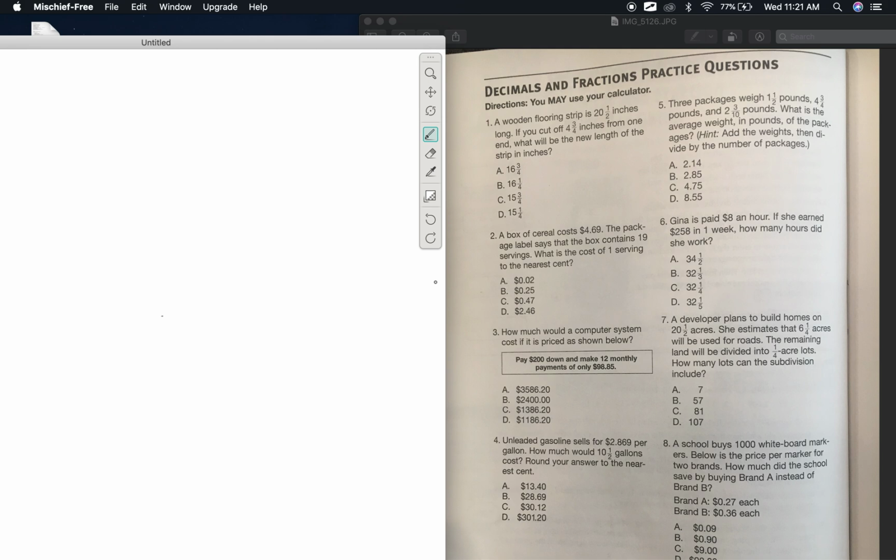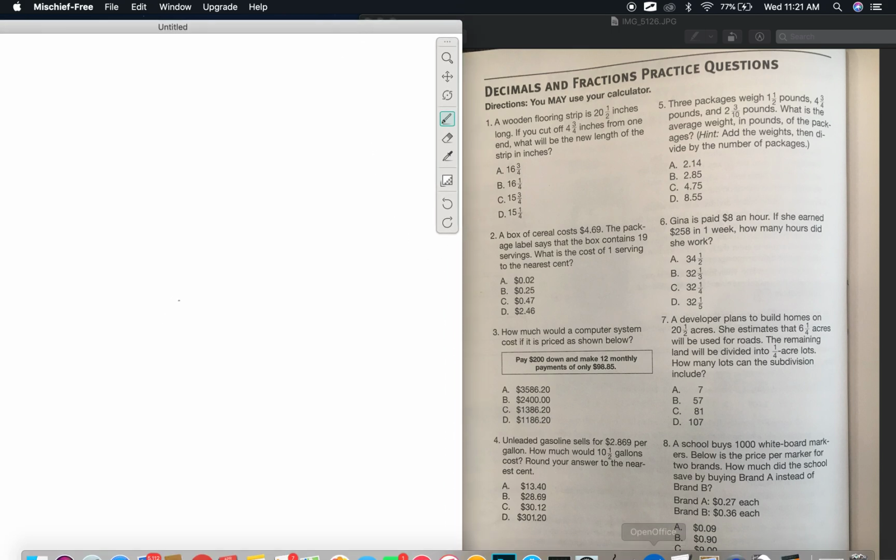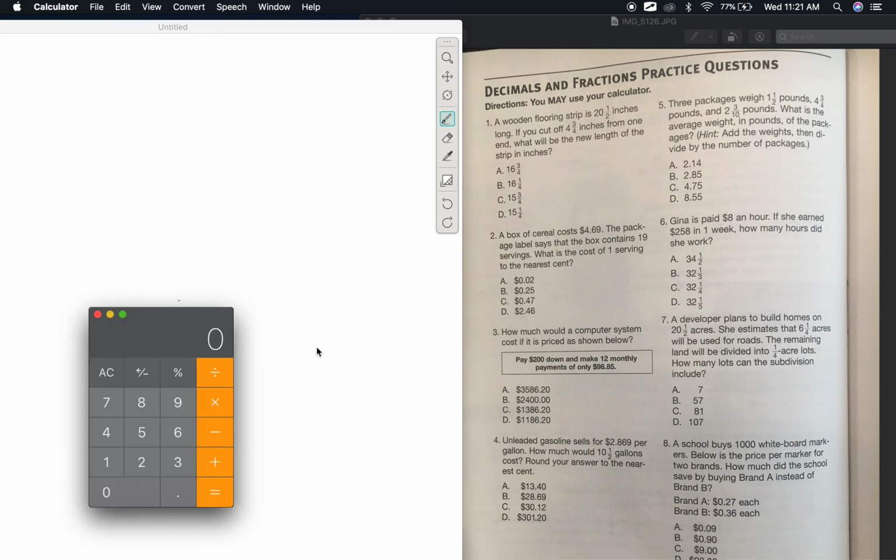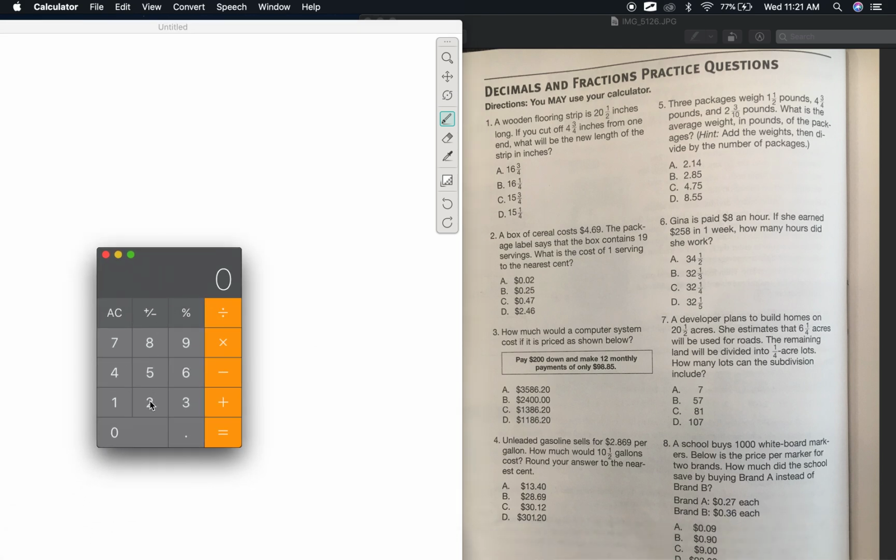So we basically need to, that's number 6 there. We basically need to divide 258 by, let's see where my calculator is, 258 by 8. So she made $258. Okay. And she gets $8 an hour. 258 divided by 8 equals. So it shows that she worked